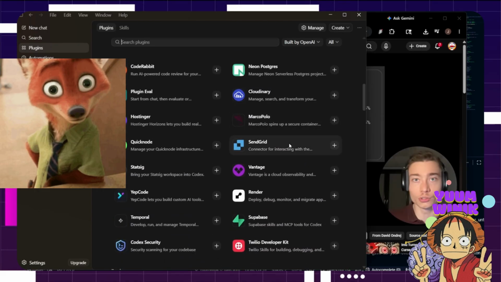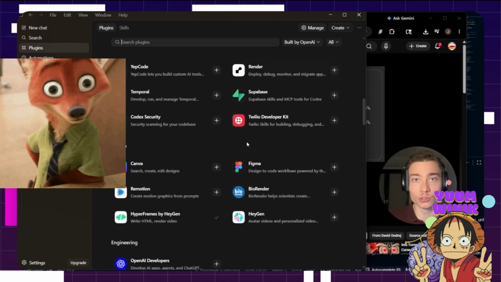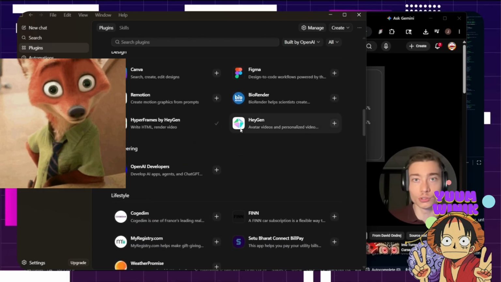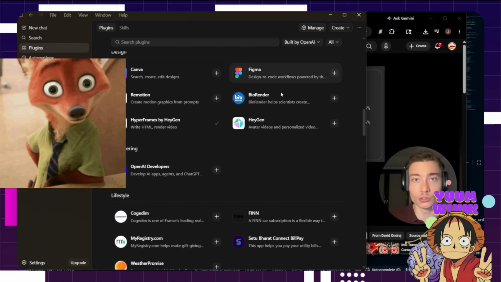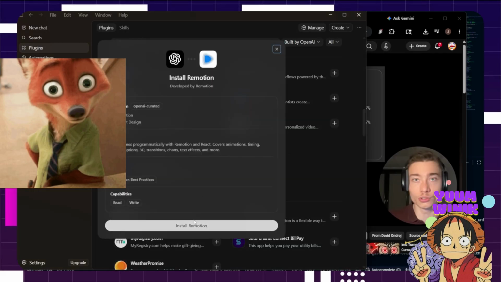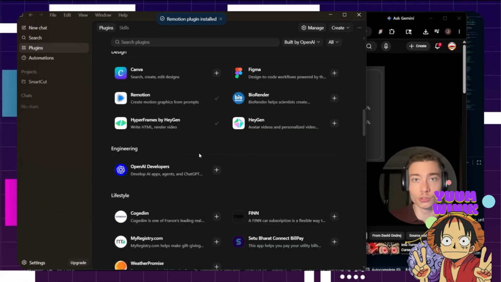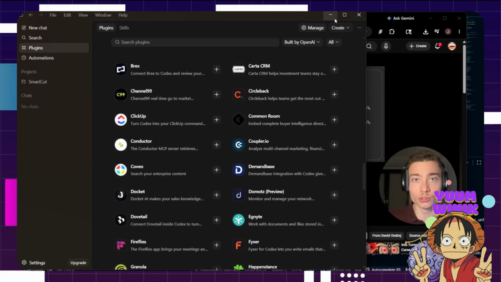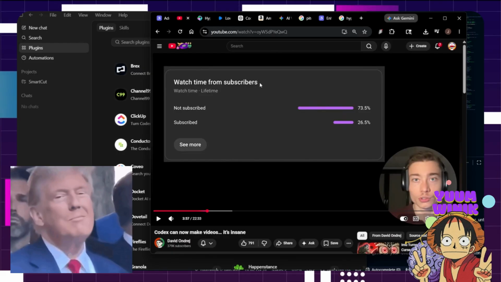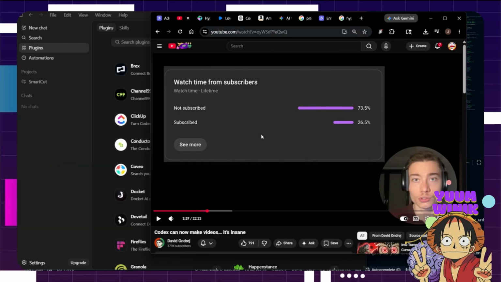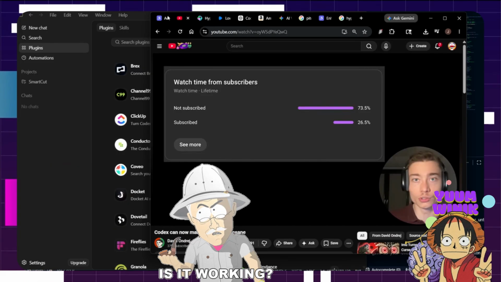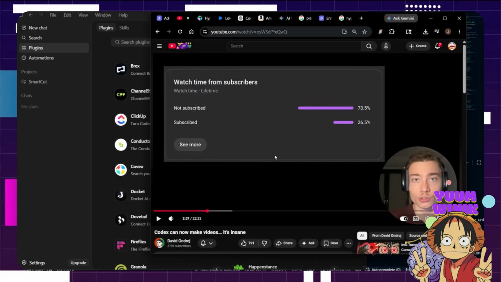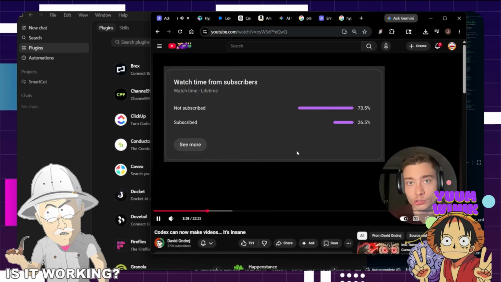So I really need to come back over and take a look at all of these plugins that they're using. There's even a plugin for Figma and Canva. I have Remotion actually installed, the Remotion stuff, right? So I gotta come back and really take a look and understand the plugin library. I'm still getting used to understanding Codex and everything that it can do for my applications. I've got one app going so far, so let's continue seeing what this